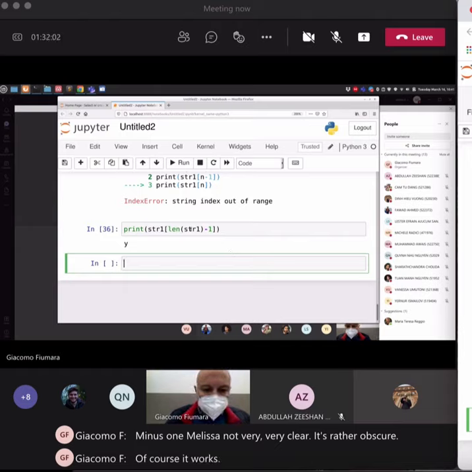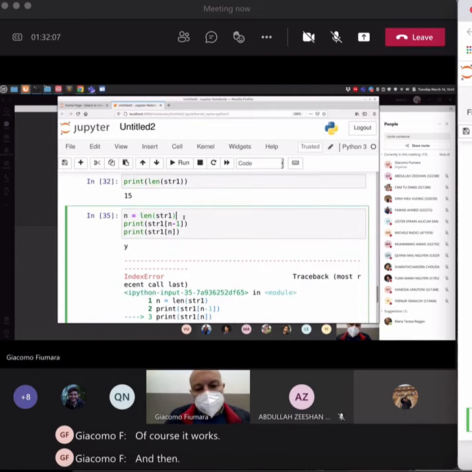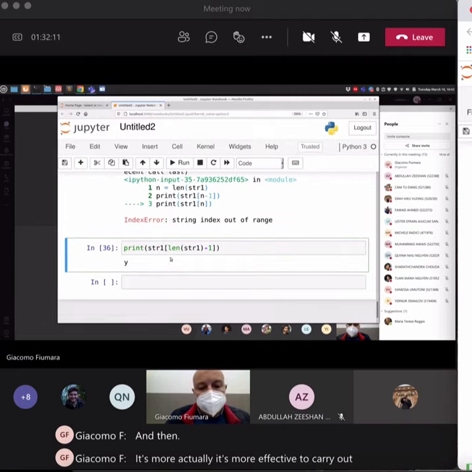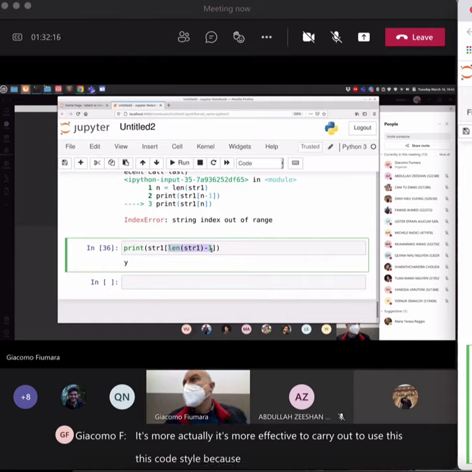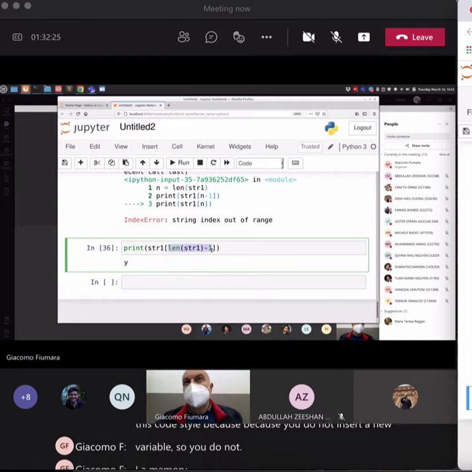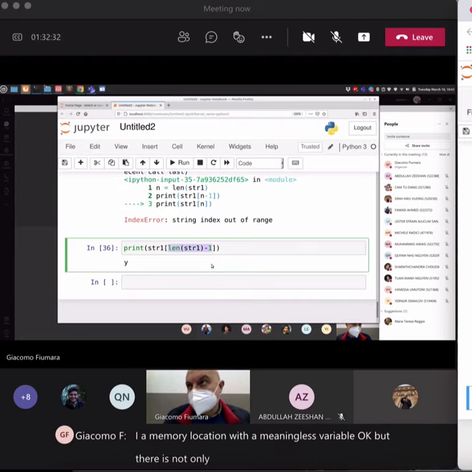And it's more efficient to use this code style because you do not insert a new variable, so you do not use a memory location with a meaningless variable, okay? But there is not only efficiency, there is also readability in a code. So this is why,